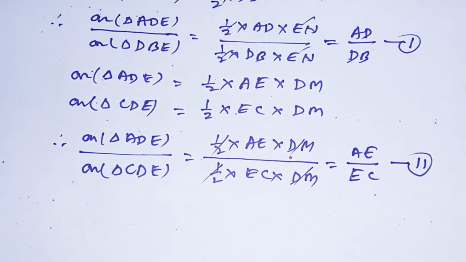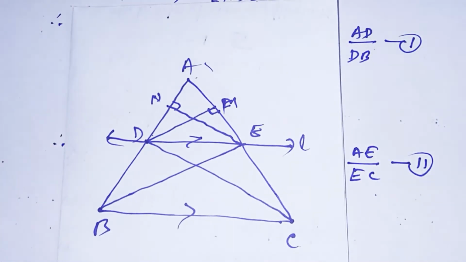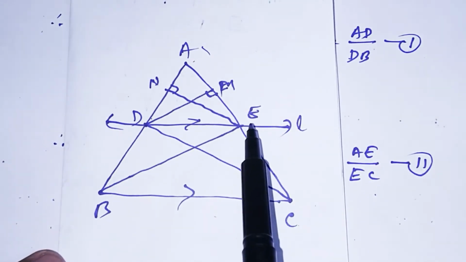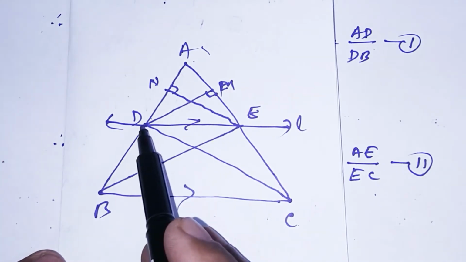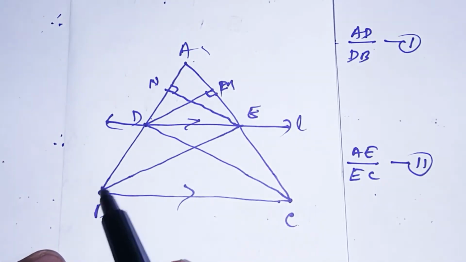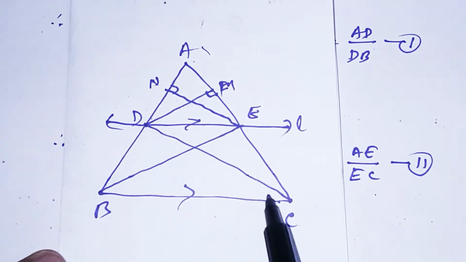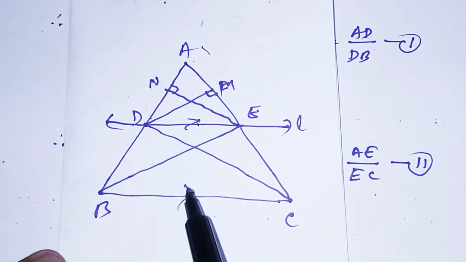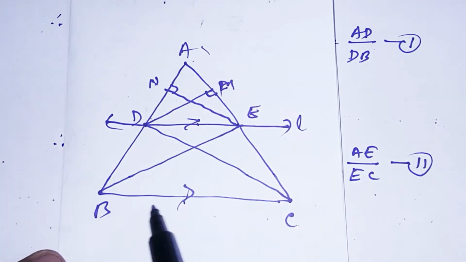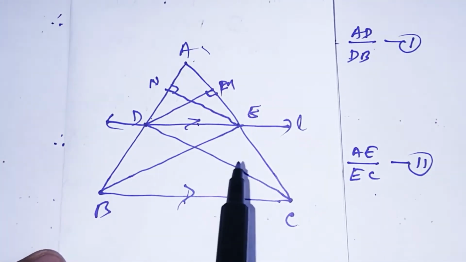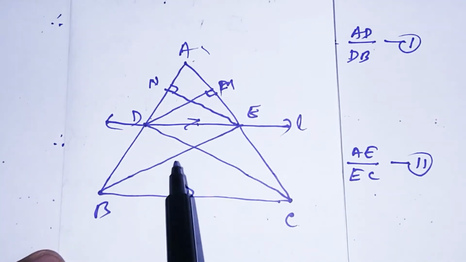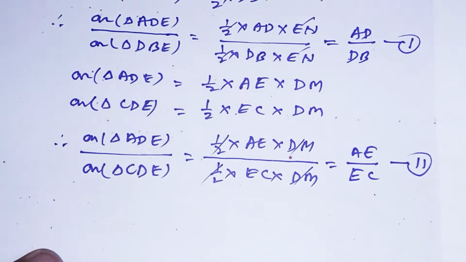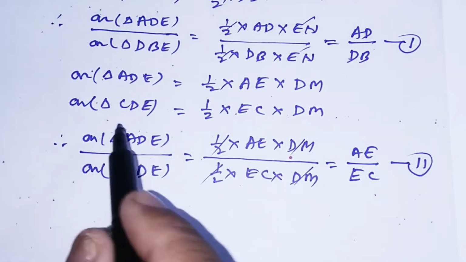Okay. Now again we see the figure. Here, ADE triangle, and what we are talking about these two, BDE triangle and CDE triangle. You will observe both the triangles are on the base DE and they lie between the two parallel lines, DE parallel to BC. In class 9 we have done a theorem that triangles on the same base and between the same parallels are equal in area. So that property we are using here.